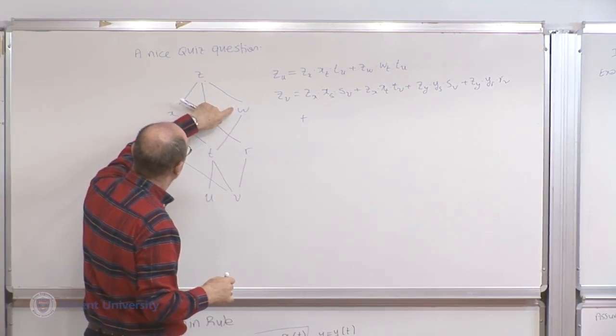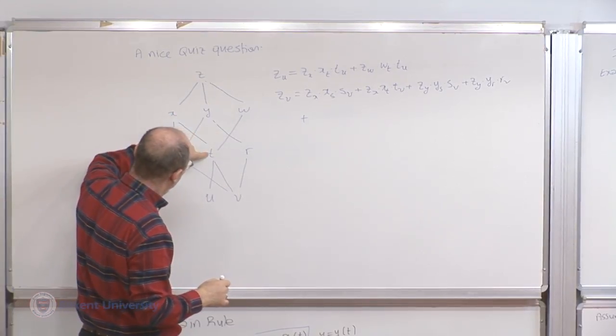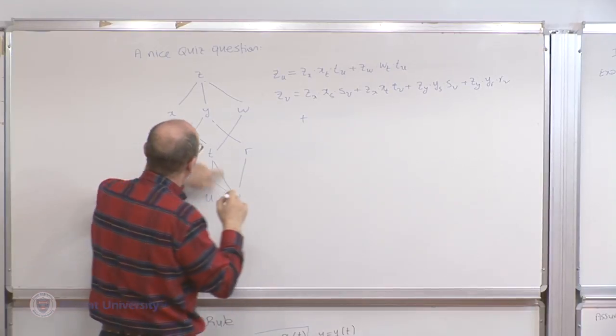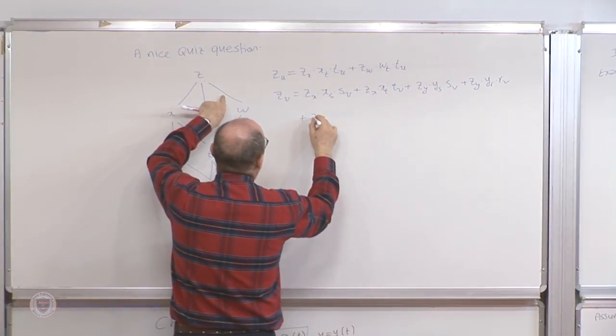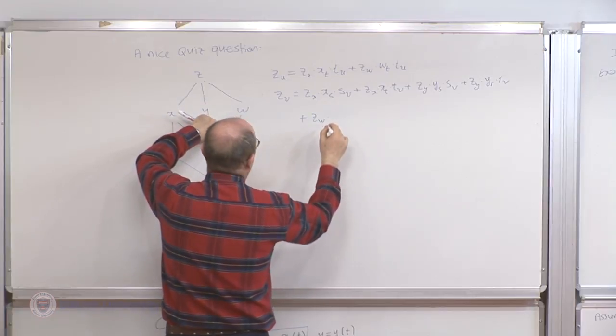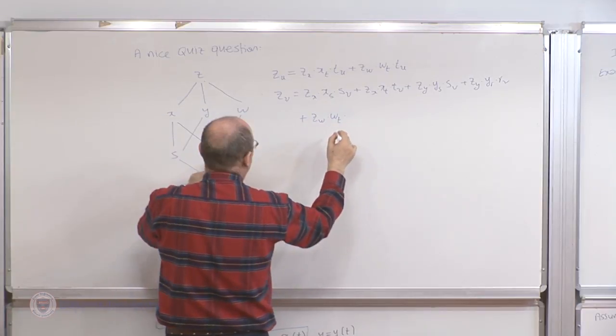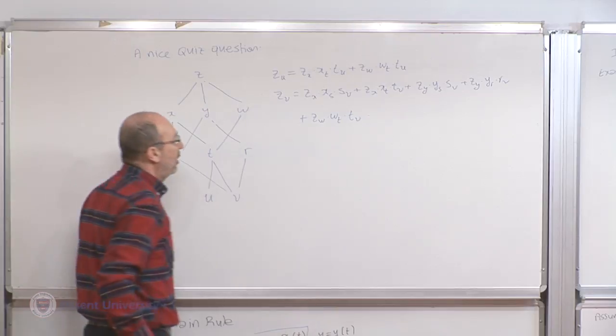I go to w. From w, I can go to t and v, and this is the only way. So this one reads zw times wt times tv. Okay, so this is the